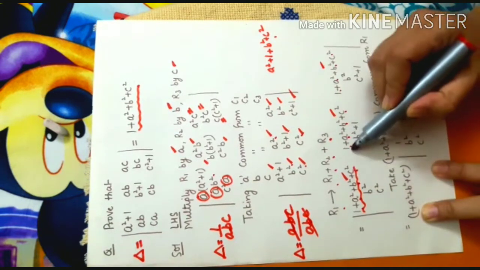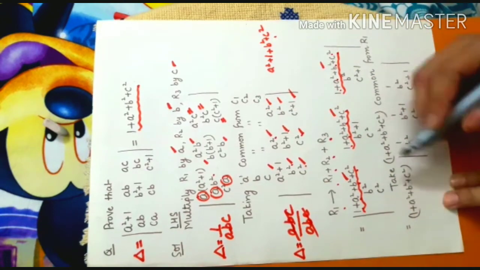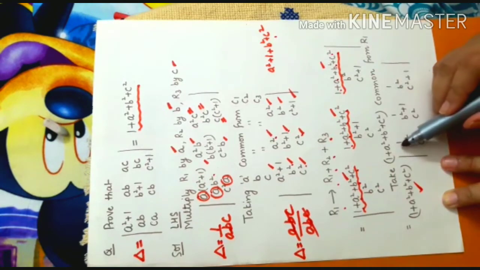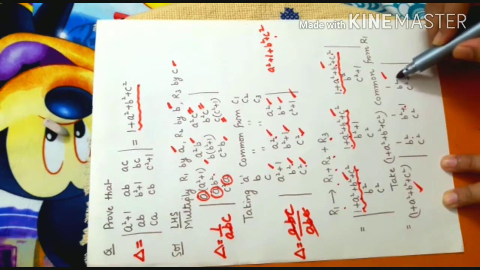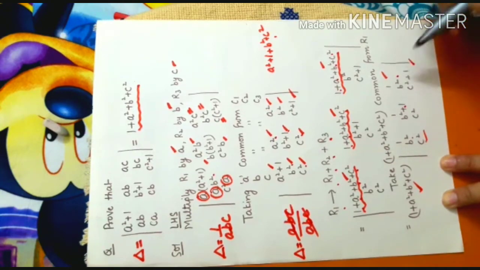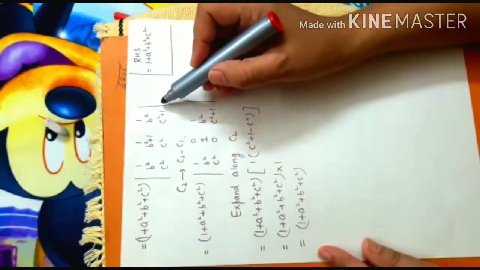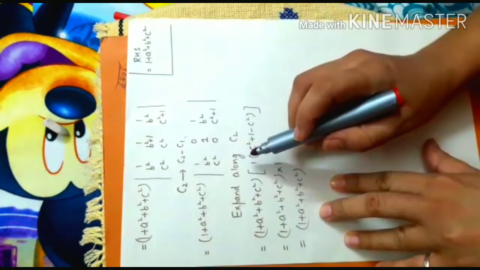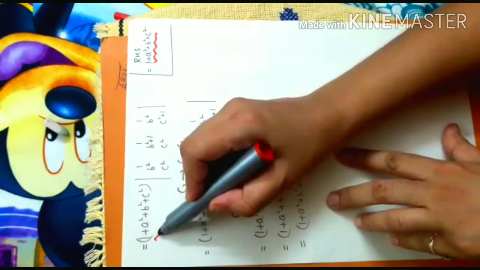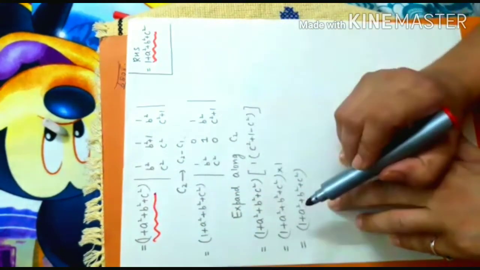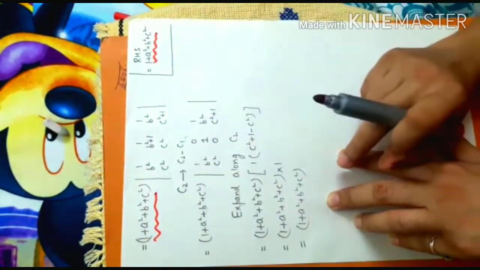Now you can see that this factor can be taken out from the first row. So I take the common factor out. So first row will become 1, 1, 1. Second and third rows will remain same. So we have got this determinant. Now look at the right hand side. I want this, which I have obtained. So it means that the value of this determinant should come out to be 1.